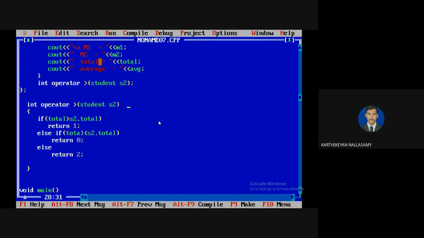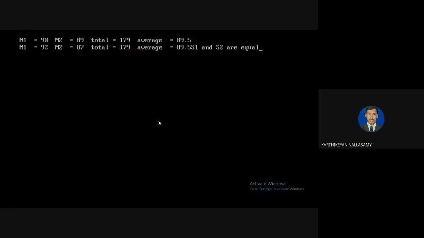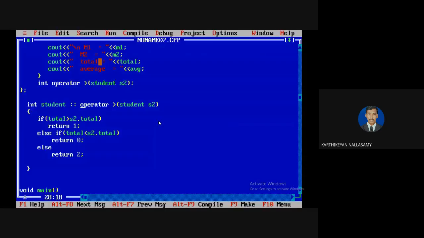Then it is a class scope, so we have to define it with the help of the class name. Now I'm going to run this program. So both are equal. So this is the way the concept will work.